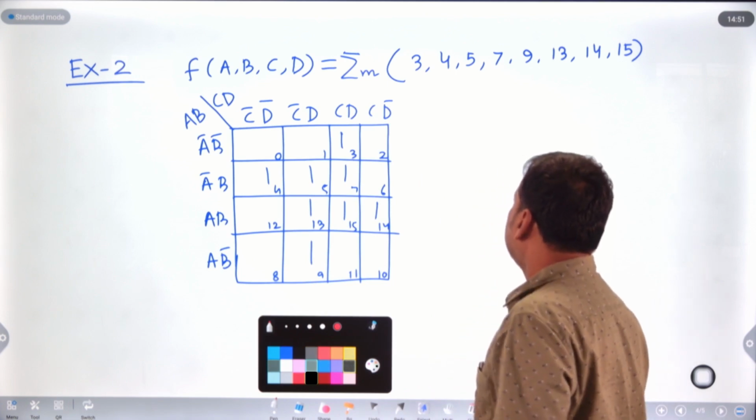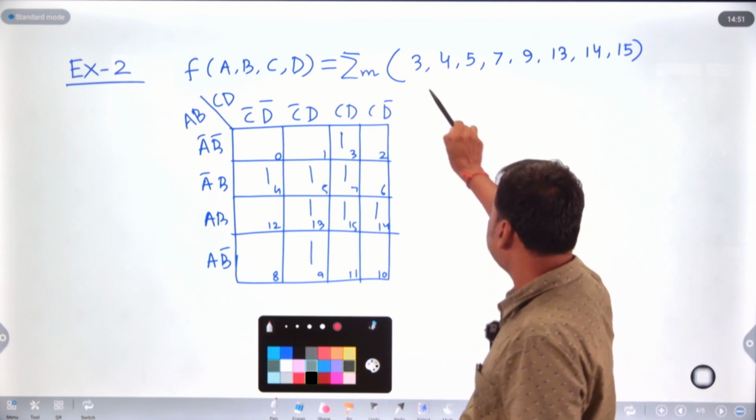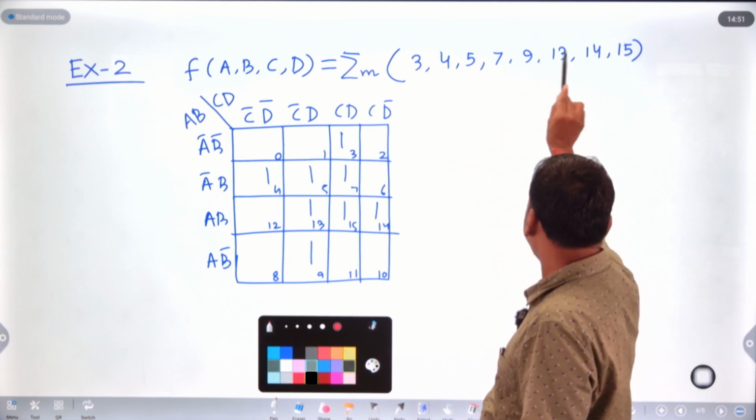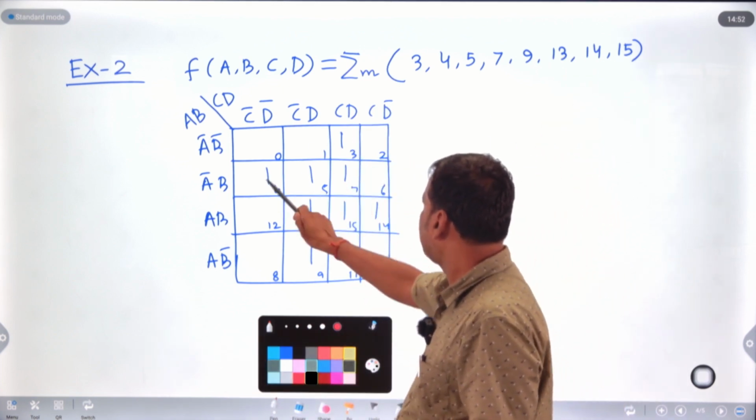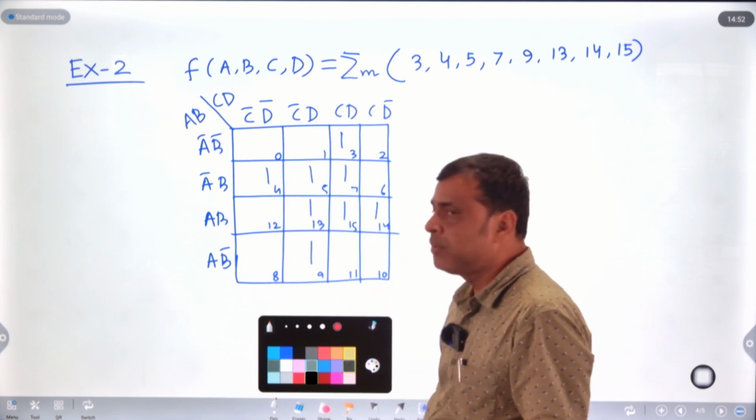Okay. So then how many min terms have been given? 1, 2, 3, 4, 5, 6, 7, 8. So there are 8 min terms. 1, 2, 3, 4, 5, 6, 7, 8. So you should